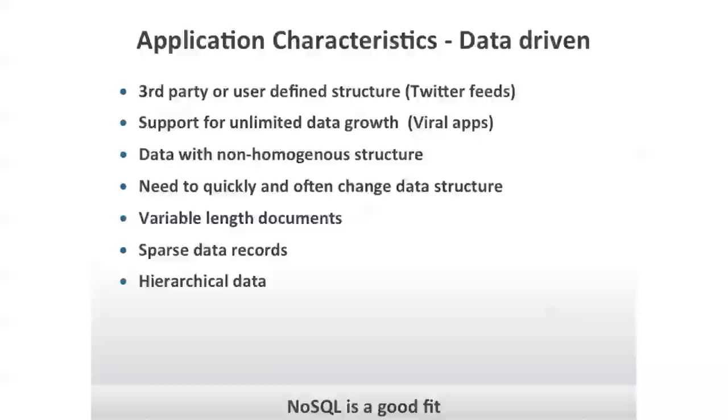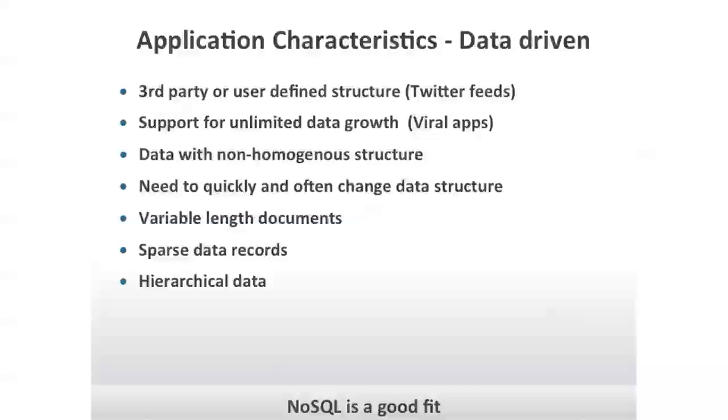Let's start with the first one. If your application requires data from a third party or a user-defined structure, that means you have a dependency on other third-party data, for example, a Twitter feed. If your application is built in such a way that it is dependent on the external data,